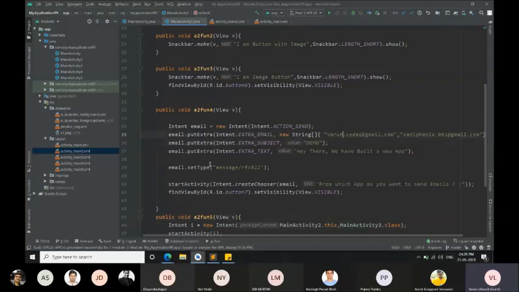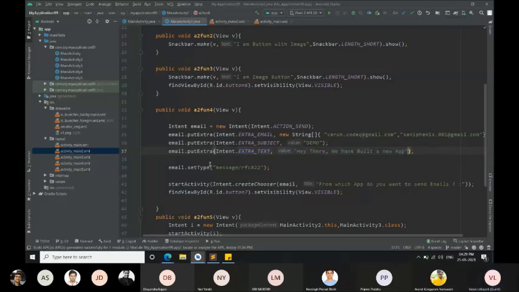As I have told you, this is again an intent, an implicit intent. This intent is again action send. To whom should this email be sent? These are the two email IDs that I have given. What is the subject of this mail? A demo is the subject. And what is the text that should be sent in the email?